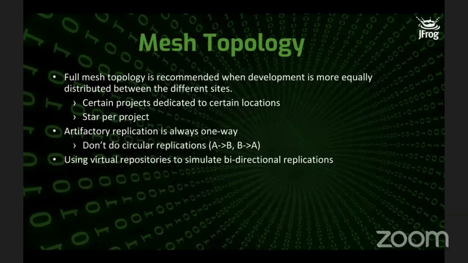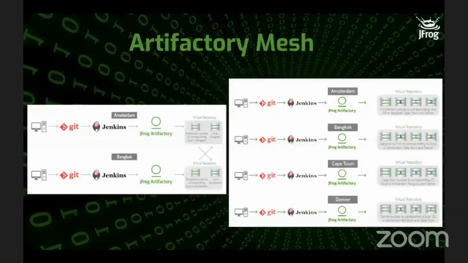Now this is where mesh is more like, you don't want to have any sort of circular pattern, but at the same time, it allows any contributing organization, tool or anything like that to contribute back in and have it actually shared throughout the entire org. So what does that mean? If you look on my screen here, you have 2 repositories